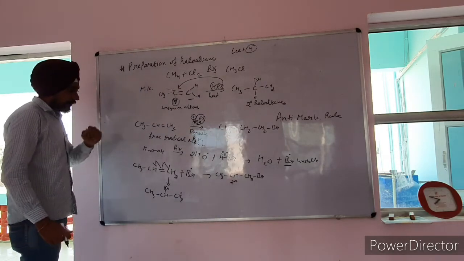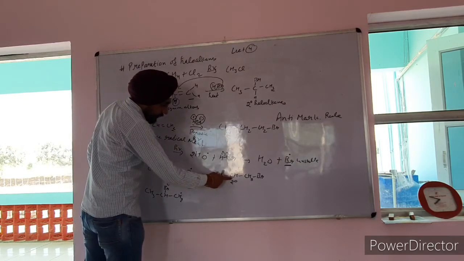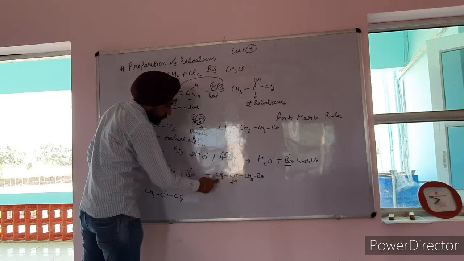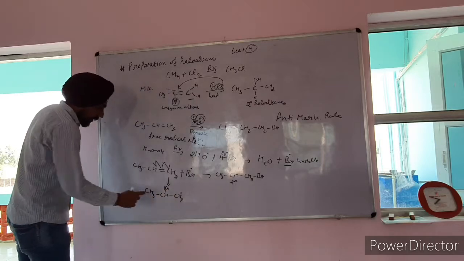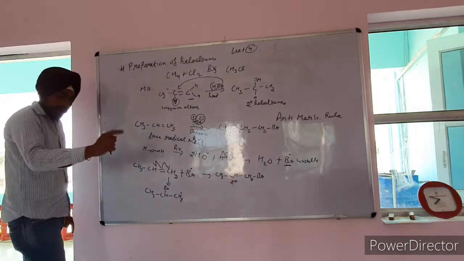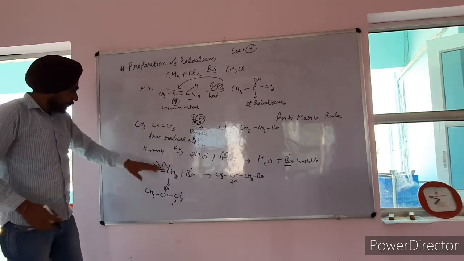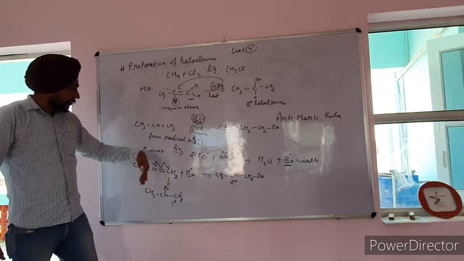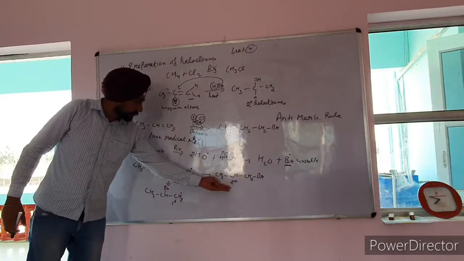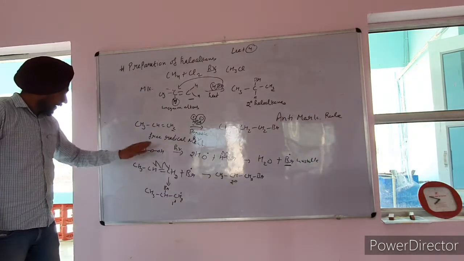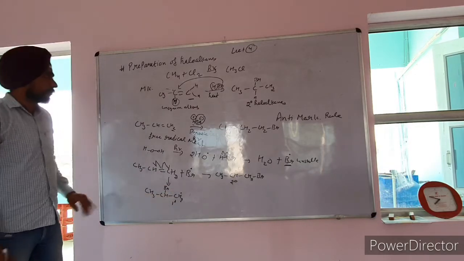This CH radical is a secondary radical because this carbon, as I told you in the first lecture, is attached to two carbon atoms. That's why it is called a secondary carbon atom. And this carbon atom is attached to only one carbon atom, that's why it is a primary carbon atom. So here, if Br attaches to the terminal carbon, there is formation of a secondary free radical. And if Br attaches to the central carbon atom, then a primary free radical is formed.